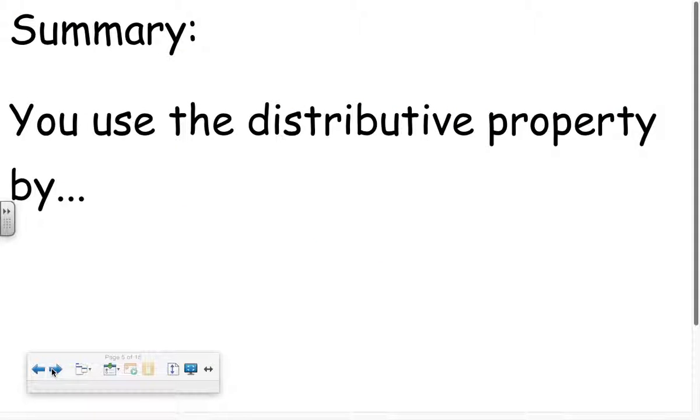Summary. You use the distributive property by